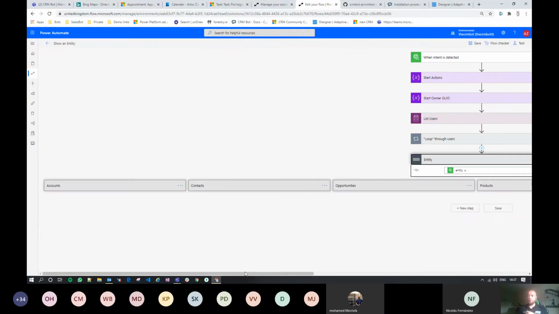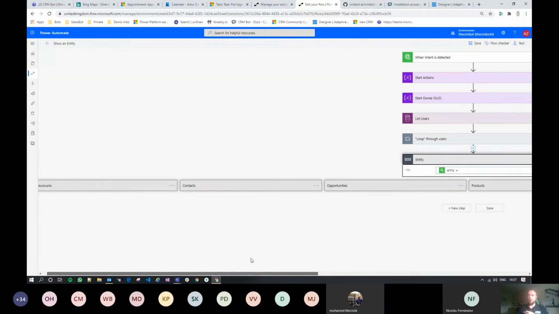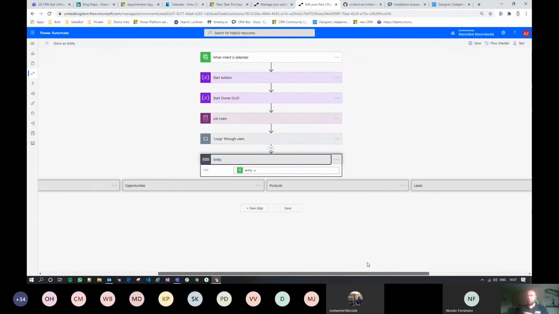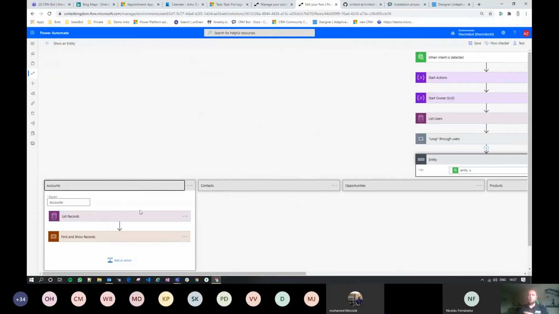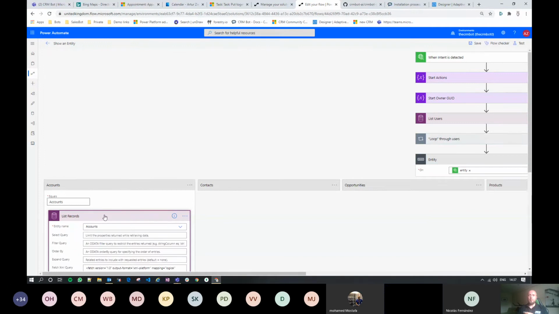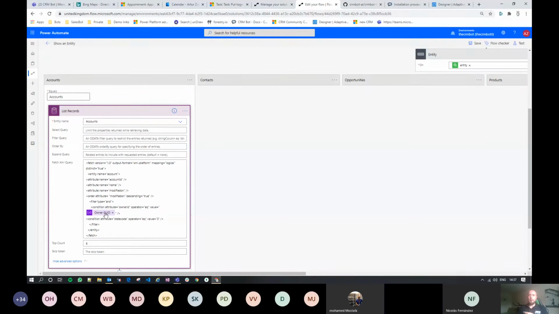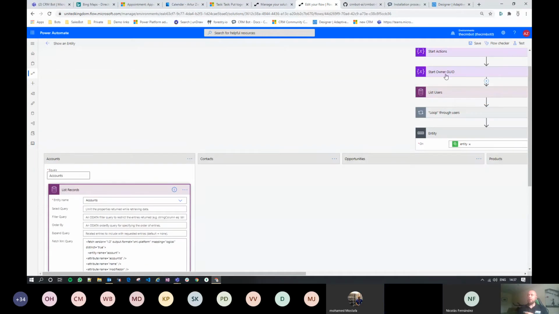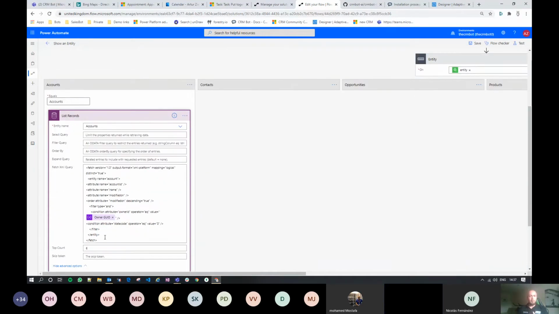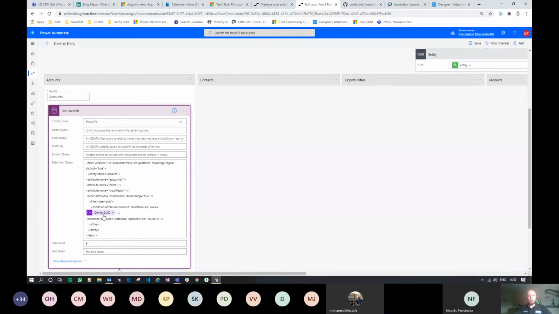We then have a scope of basically the types of things that you can show: accounts, contacts, opportunities, leads, etc. If we go to accounts, you will see that we have another action of list records. And you see here in the fetch, I'm passing the owner GUID that's taken from this step. So this is how you can amend this. Let's imagine that in your organization, you do not want to show only your accounts. You want to show accounts of a certain type or with a certain size. You can customize it yourself, and do whatever you really want with it, as long as it is accounts that you're showing.